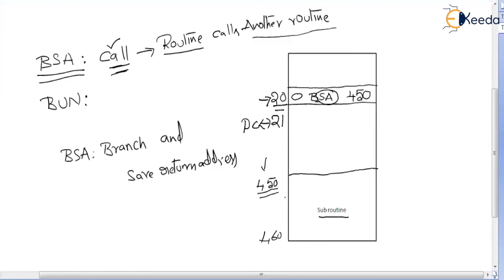Okay. If we don't, what happens? We go to the subroutine, we execute the subroutine, but we don't know where to come back, right? But what is the fundamental rule? After executing the subroutine, you should return back to the previous routine, which actually makes a subroutine call. So for that purpose, we should be able to save our return address, okay, in some location.